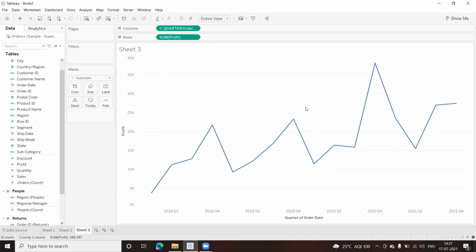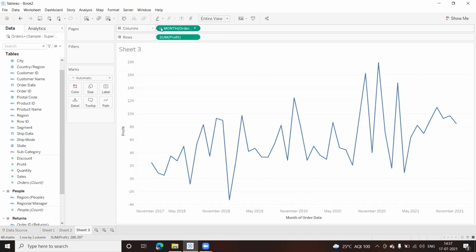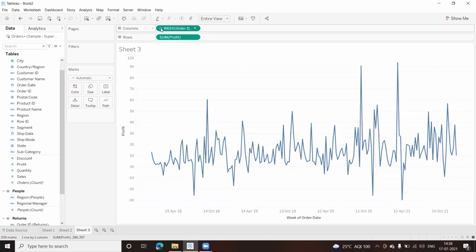Now this gives me a good picture at least. Now I can go down this further. This is also making some sense, because everything is joined together. I can tell the peak, I can tell the lows. This is my low and this is my peak. So December 2020 was better in terms of profits, whereas your Jan 2019 gave you a loss. Plus if I want this to be further date wise, I can keep on dividing this. Even this will give you some insight. It's not that it's not going to give you any insight.